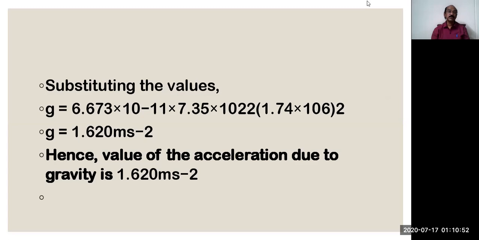And this g is the important factor in determining the equation of motion